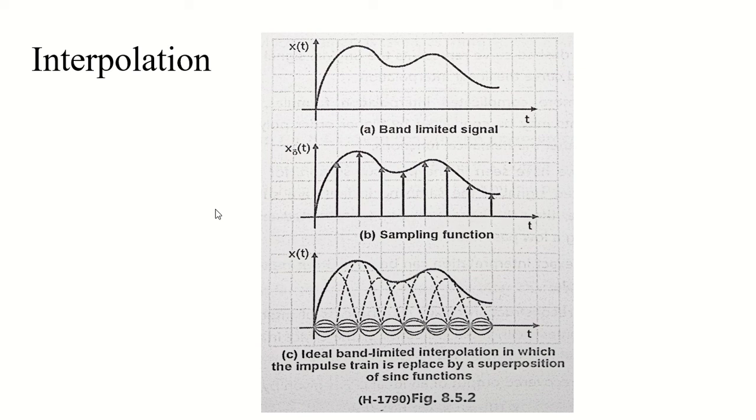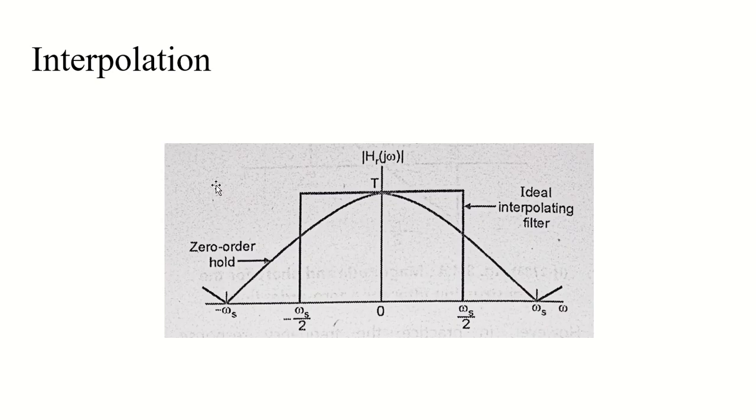Let's say, for example, zero order hold can be viewed as a form of interpolation between sample values in which the interpolation function h of t is the impulse response, which is plotted in the form of h0 of t. And in that sense, x0 of t is the figure corresponding to the approximation of x of t, and the system h0 of t represents the approximation to the ideal low pass filter required for an exact interpolation. So basically, see this image, it is showing the magnitude of the transfer function of the zero order hold interpolation filter